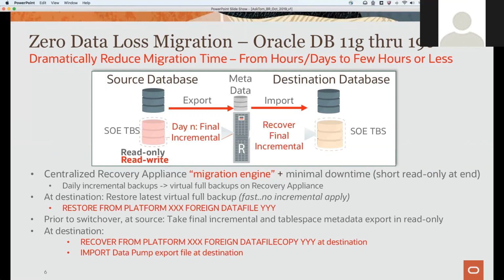All right, and with that done, your tablespaces can be opened read-only to verify that the data is as expected, and then you can open that database read-write. So you've done a couple of efficiencies. You've not had to do a full level 0 to do the migration. That full level 0 was a one-time thing done a week ago, 2 weeks ago, 3 weeks ago, however long ago. And the recovery was very fast because